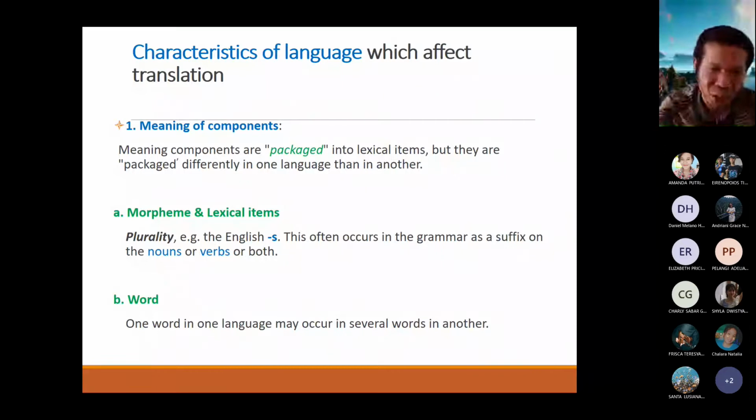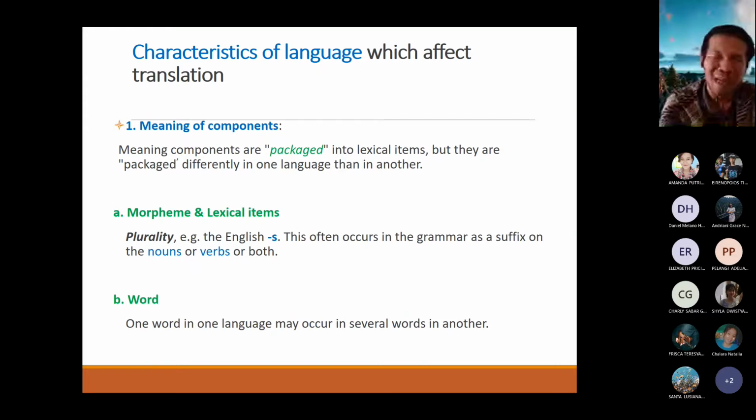Why do we have to study about the lexical items or the morphemes? Because the word, for example, the word read, is not only translated into membaca. Sometimes read we can translate into memahami. So a word in English can be translated into many words in Bahasa Indonesia. Specifically for morphemes and lexical items, in this discussion, I put the example of using